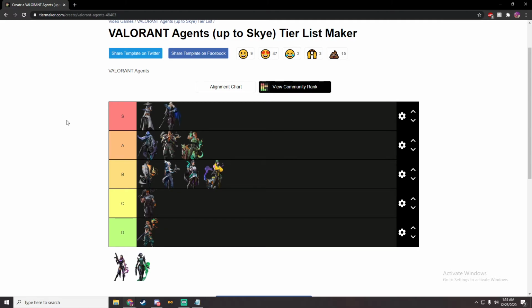Some of you might not agree. Some of you might agree with this. Sova, he's a really good overall intel gathering, just like Cypher, agent. He has the ability to bounce arrows and scout enemies or kill them around corners, through walls. His owl drone can be used to mark where enemies are. And gathering intel like that, through walls and not putting yourself at risk, is so good in higher rank gameplay. Not putting yourself at risk and being able to know where the enemies are, and just one single dart,